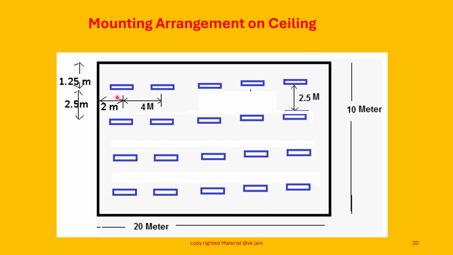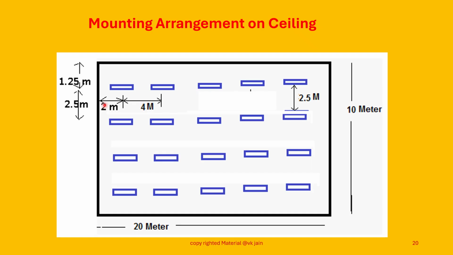Friends, this is the drawing in which we have utilized the first mounting arrangement of the ceiling. In this we utilize the formula: if the fitting to fitting vertical distance is 2.5 meter, we have taken here 1.25, so that this particular fitting has an area